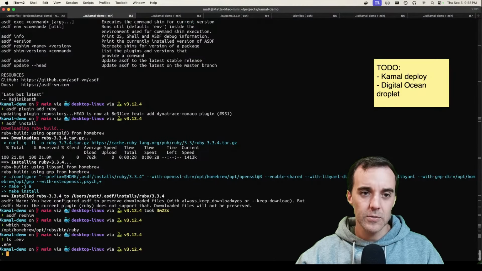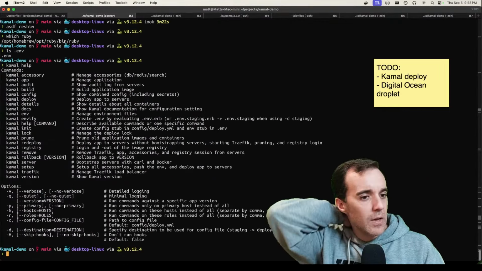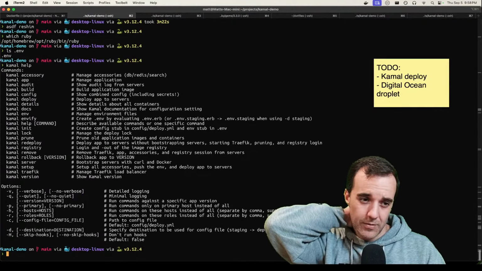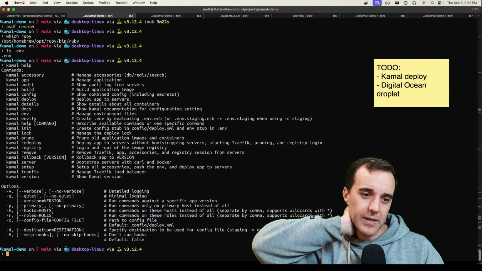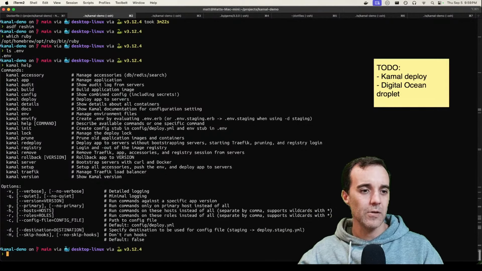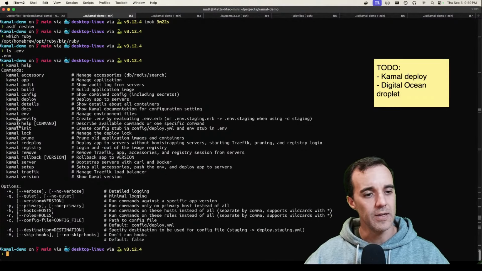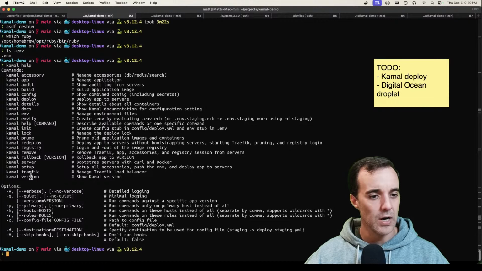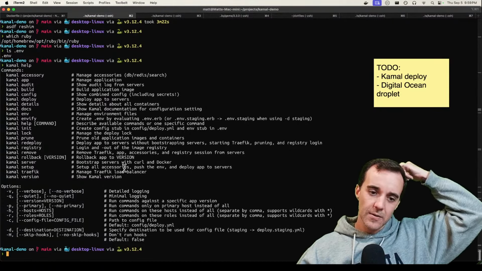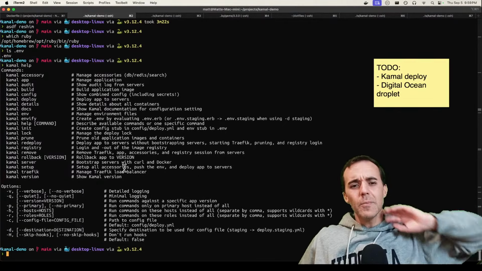So what we do need to do though, let's keep playing with Kamal. So we want Kamal help. And what I wasn't thrilled about with Kamal is that it didn't seem like you could step things along very easily, or maybe that was just my experience with the Docker side. So I think what we want to do is try setup, but I don't know if it's ready for that or not, because there's accessories, there's things that are here. So I need to back up and talk about